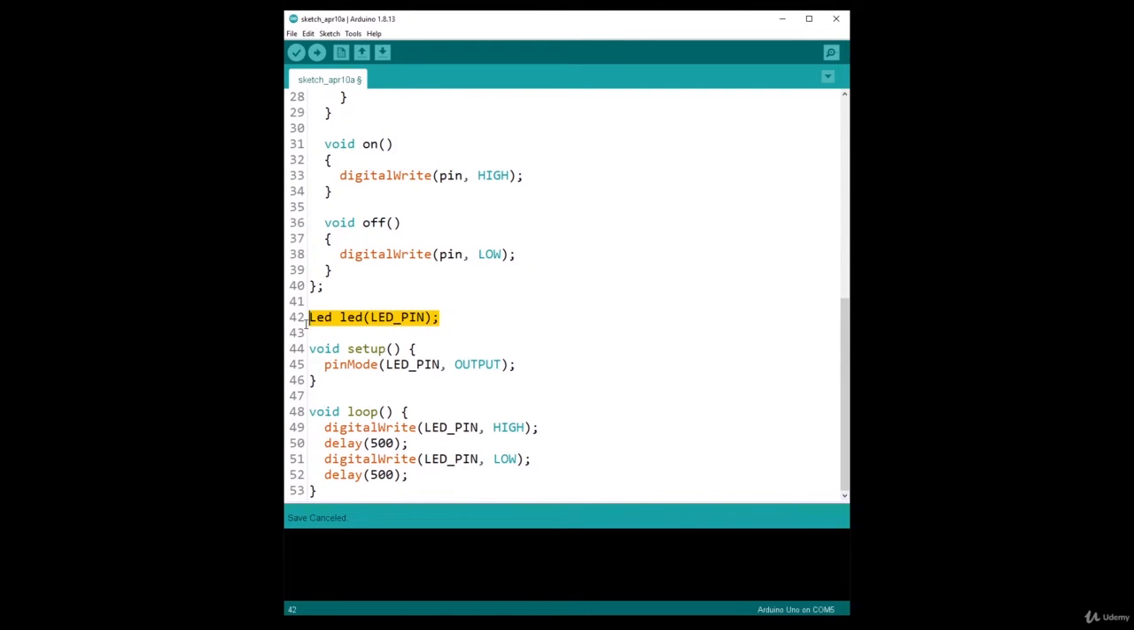And note that here I have created the object in the global scope. Okay, so that's what we are going to do in this course. We are going to create objects here in the global scope so we can use them in the setup and in the loop function. So now that we have our object, we need to use it. Here, I'm going to replace this with